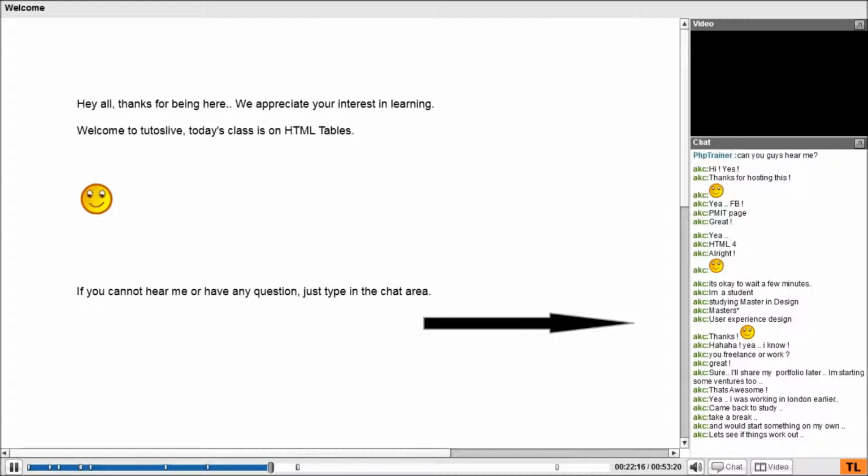Now fine, we know that whenever the browser sees a table, it assumes there's a table over here. But what does a table actually contain? Whenever we see a table, we see some horizontal lines and vertical lines. Just by saying a table tag doesn't mean that the browser will understand where should I put a row, or where should I put a column. So to be more specific, we are supposed to give one more tag inside the table, which is a table